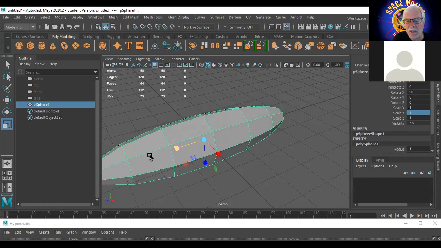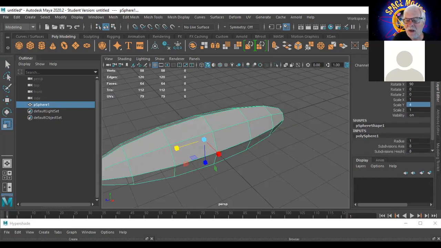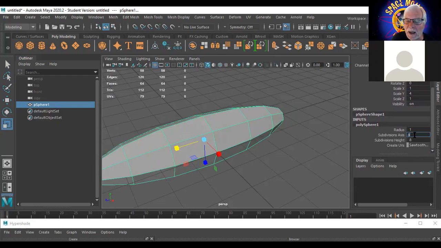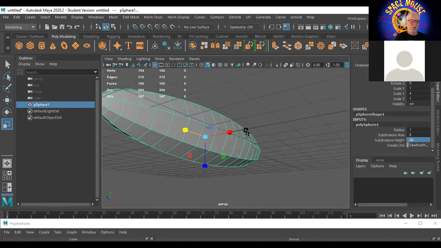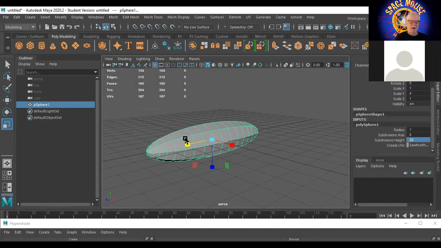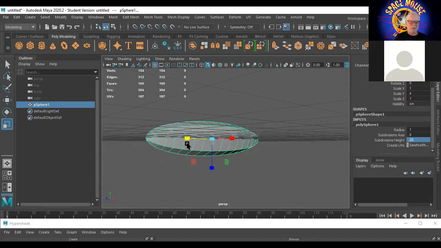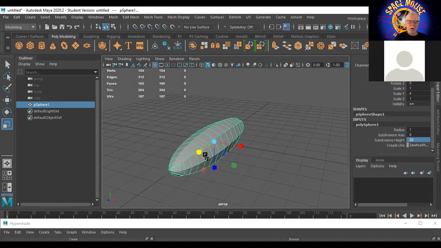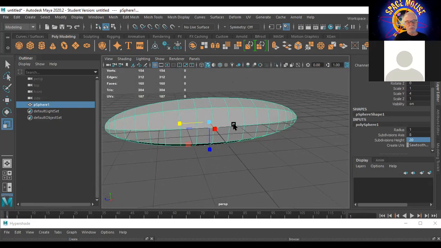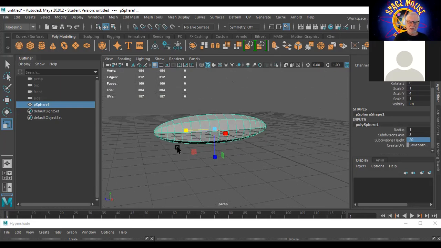Now, this is not giving me enough segments along the Y axis, because I think they have more. So subdivisions on the Y, I think it's this one. I get confused sometimes. I'll go 12 and see. That's not what I want. I want that one to be 8, and this one I can go maybe 20. So you can adjust that. Now, if you manipulate this a lot, you can't go in and adjust it because it messes it up, because before you moved it, it was different. So that's the shape of a dirigible or a Zeppelin and not a blimp,